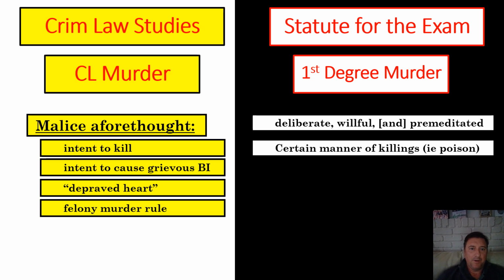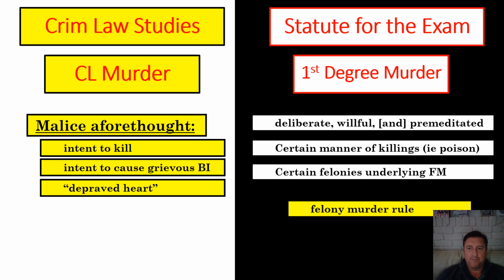And then lastly, a popular one is I might pick the understanding of the felony murder rule, but I'm going to pick my certain underlying felonies. So you have to know what felony murder is. You have to know what it's about. You have to know the whole part about the expanded timeline. It includes attempts, it includes some of the pregame, includes in furtherance or flight from some of the postgame. But the certain felonies, I might pick kidnapping and burglary, and I might pick robbery, and I might pick escape, and these types of underlying felonies, and say, yeah, those are going to be the types of underlying felonies to the felony murder that I'm particularly concerned about. So those are going to go into my first degree statute.